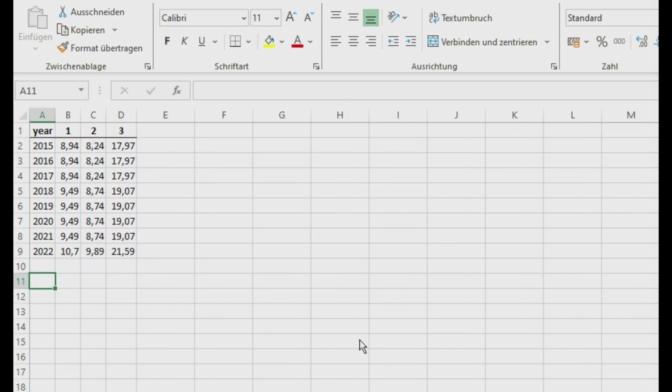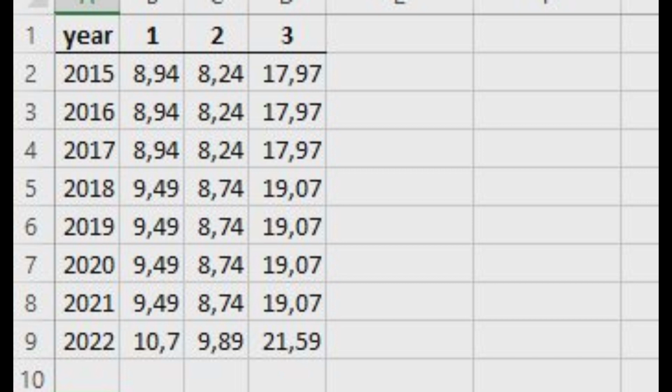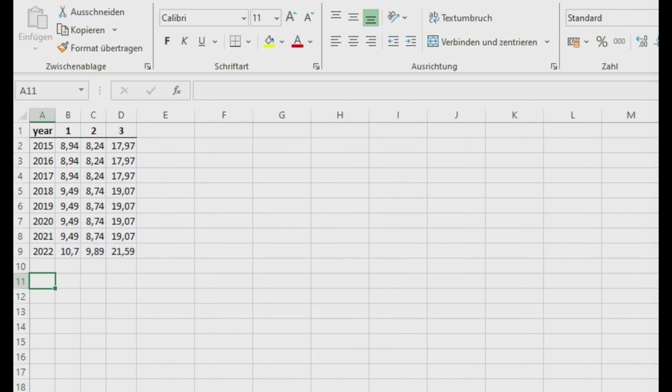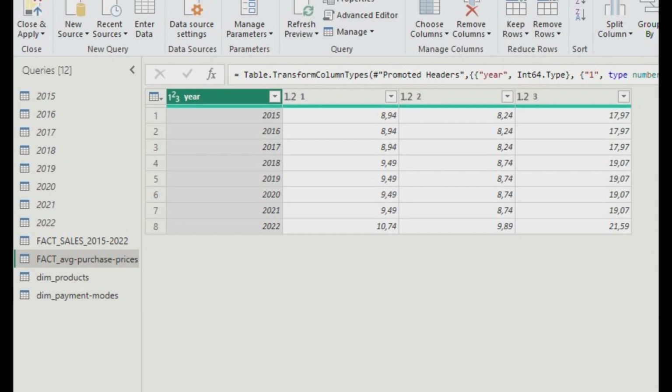So I thought I'm just going to do an HLOOKUP, look the values up in this table and then put them in here. Then I would have to do that for all 8 years, once for each year, of course, and slightly change the HLOOKUP formula. But then I ran into a better solution,